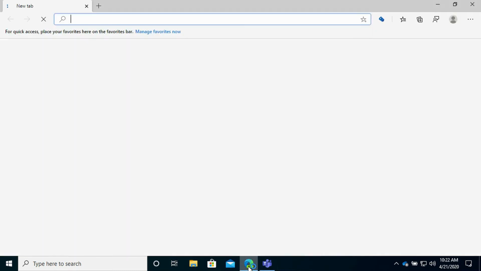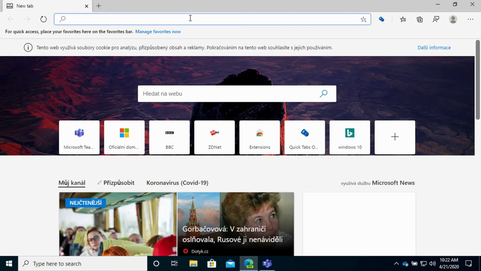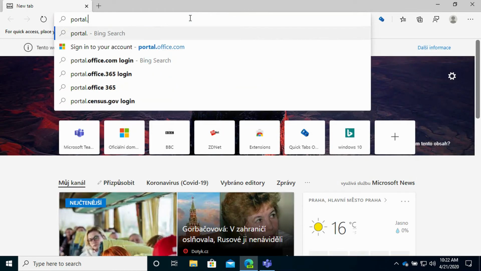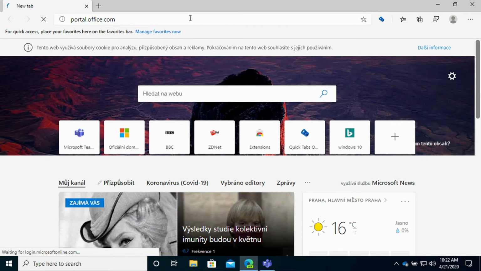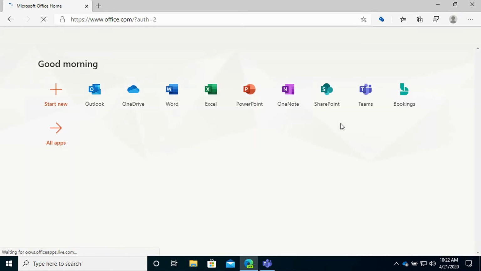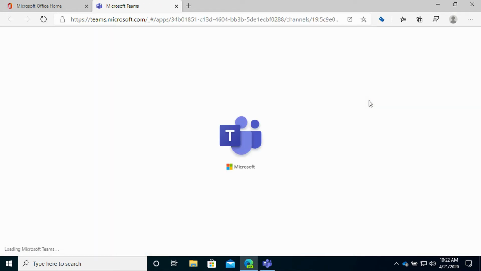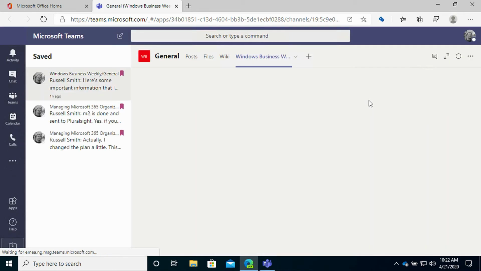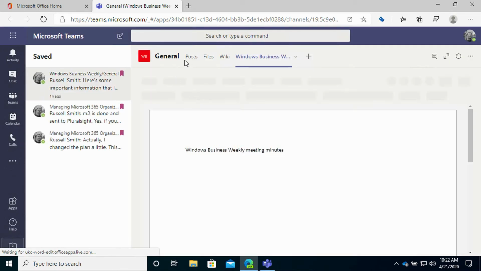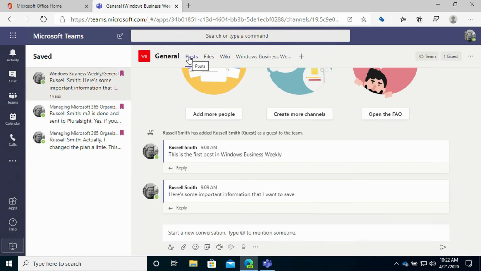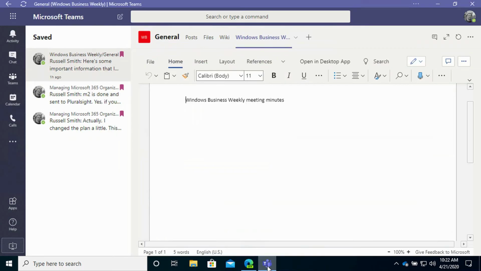So let me open Microsoft Edge here, and I'm going to go to the Office portal, portal.office.com. I should already be signed in with my user account here, and you can see Teams here. That'll just take a few seconds to open. And now you can see that we have Teams open in the Microsoft Edge browser,